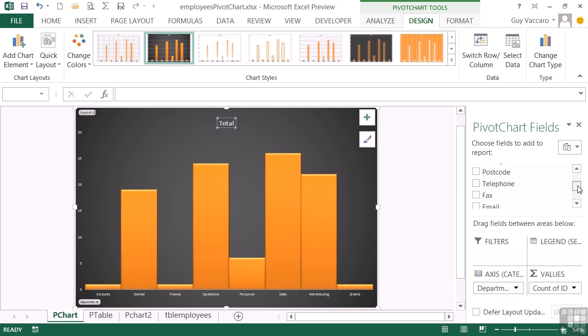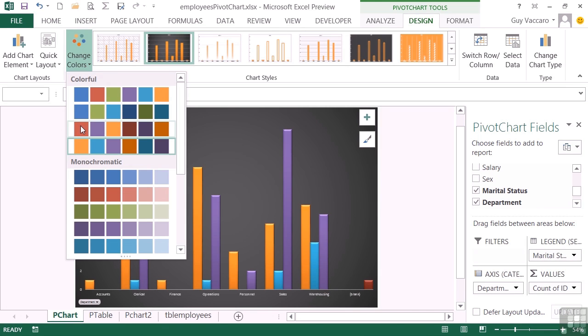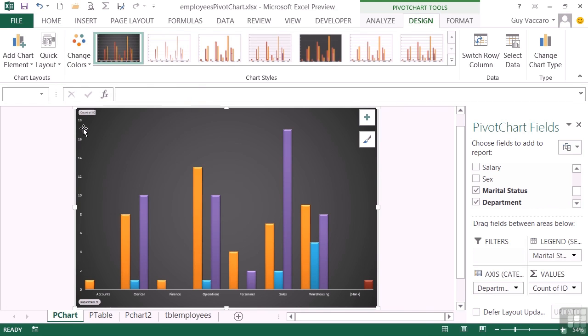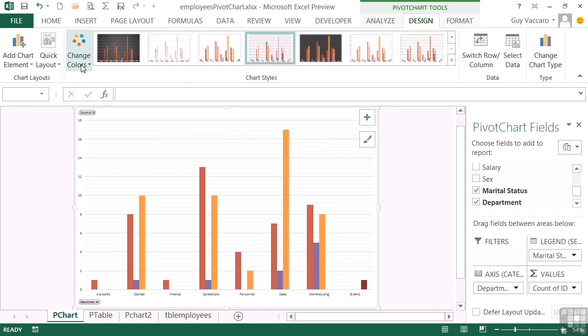If we were to add another field in here, let's put the marital status in there. You can see then that the secondary and tertiary colors are applied, so that when I then change the colors, they affect the whole chart. Now that does not appear to be happening, although the preview changes at the top here, and it's usually due to the style that's chosen. So let's choose a basic style like that, and then change the colors, and you can see that then they respond. For some reason, with the more complicated inverted charts, the response to the color is not immediate, so at that point it's safer to go back to a plainish chart and then come back to a solid color one,